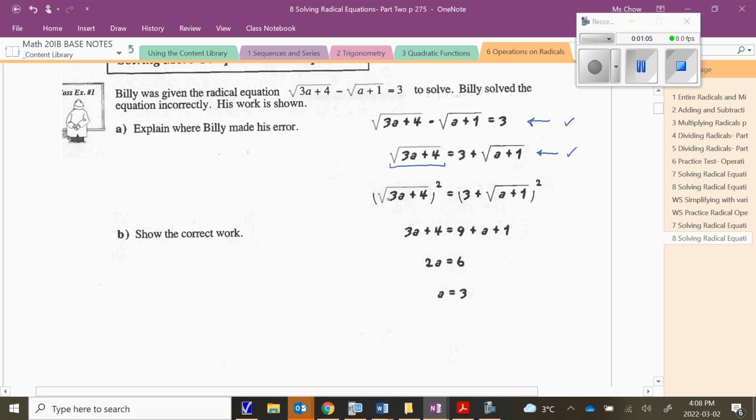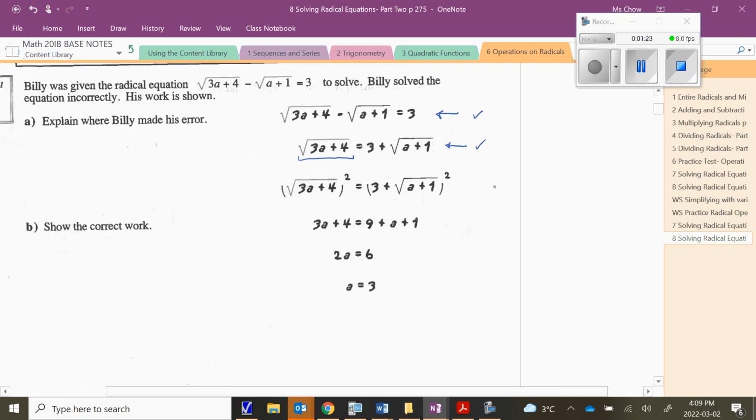So he squares the left side, and the square root and the squared counter each other, and so we've just got 3a plus 4. On the right side, however, we have an issue because we have 3 plus root of a plus 1 all squared, and what Billy has done is he's taken something that appears like (a plus b) squared, and he's decided that, and we're going to write not equals because it's not true, he squared the first term, squared 3 to get 9, and then he squared the second term, b, to get a plus 1,